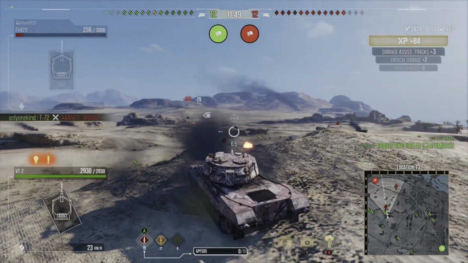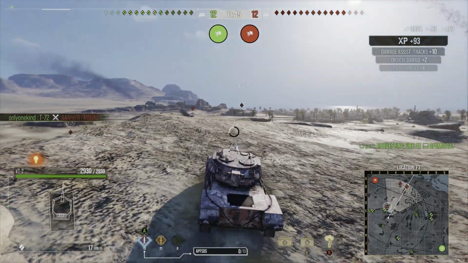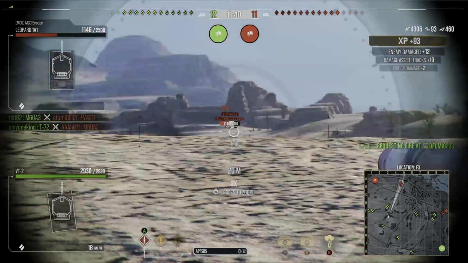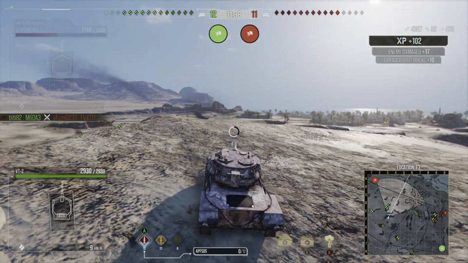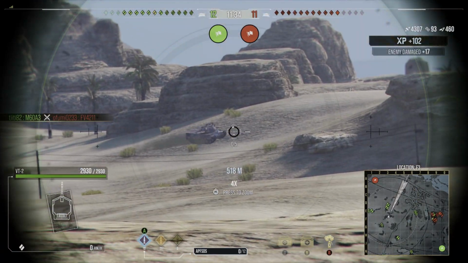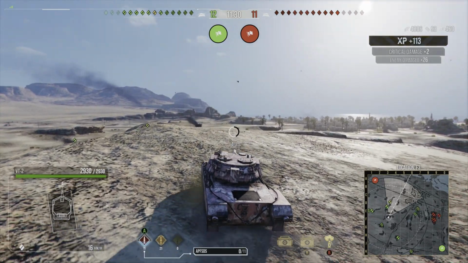So here on El Alamein, you've seen we've come to this western side of the map. We came up from the south through the middle, and now we're on the western side using the ridge lines. 9 degrees of gun depression is perfect for these kinds of positions, and I don't feel too worried about exposing my turret for slightly longer than I would when I'm playing the 1A1,